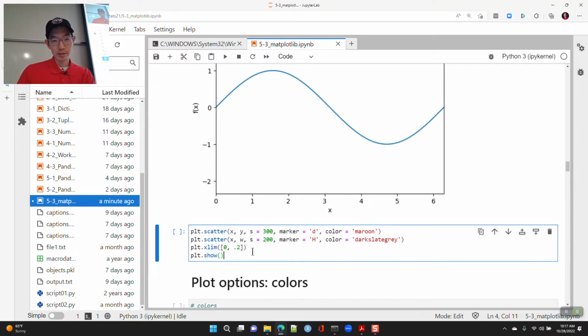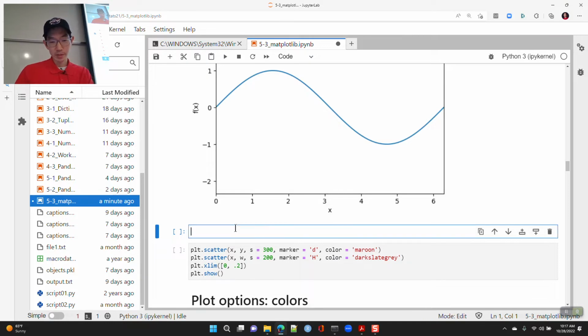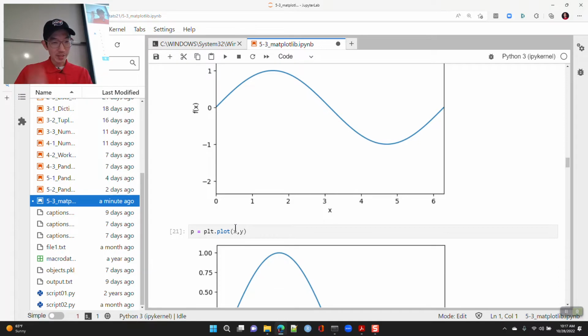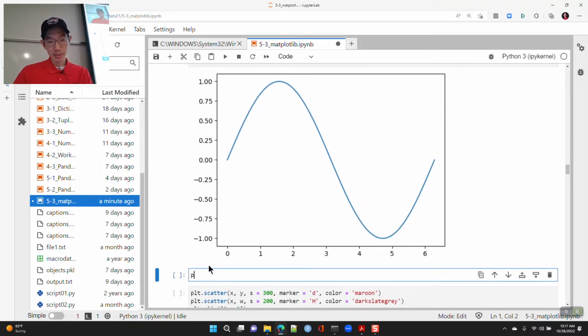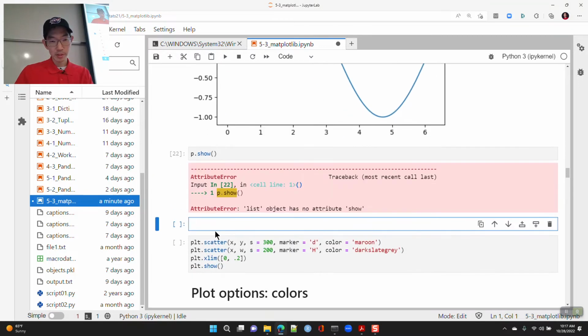Okay, so I can do plt.plot(x, y). I'll store this as, I don't know, p. Oh my gosh, that's like an R thing, huh? So there's p. Can I do p.show? Yeah, it doesn't like that.